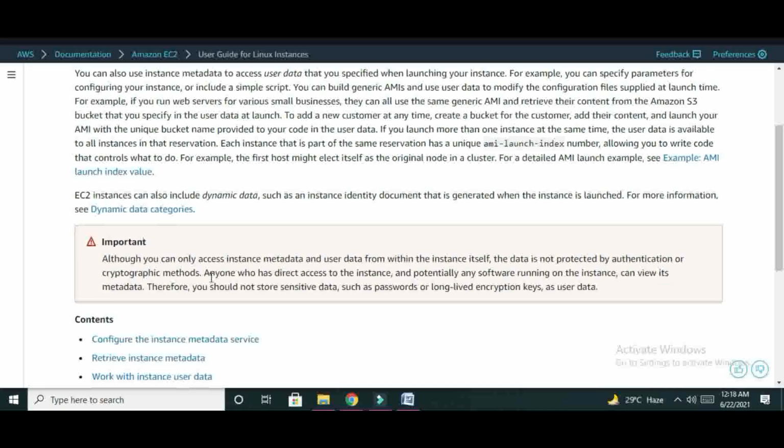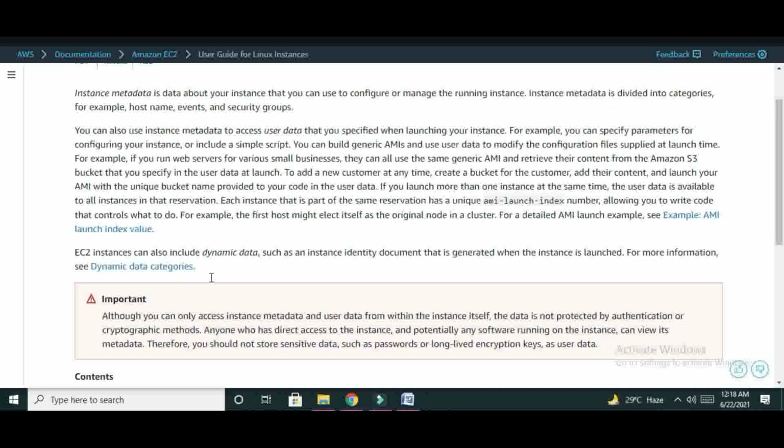So as we know, the instance can be launched by passing parameters like AMI, instance type, EBS volume, configuration settings, security group settings, VPC. So all these things the user needs to pass. After successful passing of all the required parameters, the instance can be created by using the EC2 service of AWS. And when we click on the instance, it will show the metadata related to that instance.